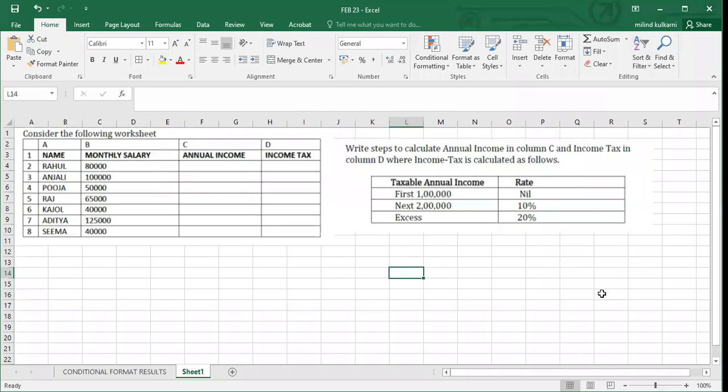Yes. Now see, the next problem: your data is in tabular form, that is columns A, B, C, D with name, monthly salary, annual income, and income tax.